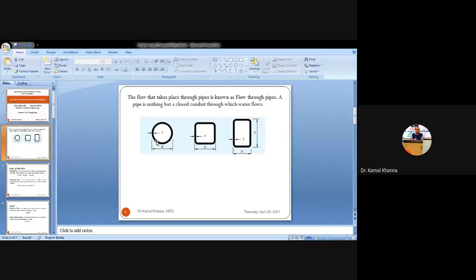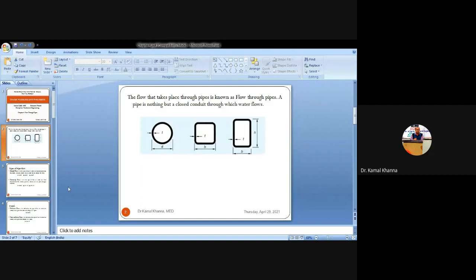Whereas when we are moving with a combination of pipes, that is half cross section is circular and half is rectangular, then it becomes some unsymmetrical or complex shape. Then we have to use some integral mathematics to calculate the area of that pipe.